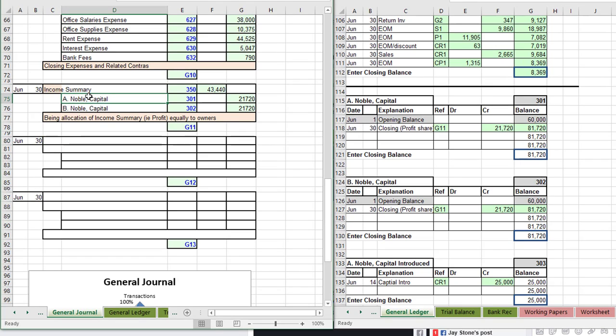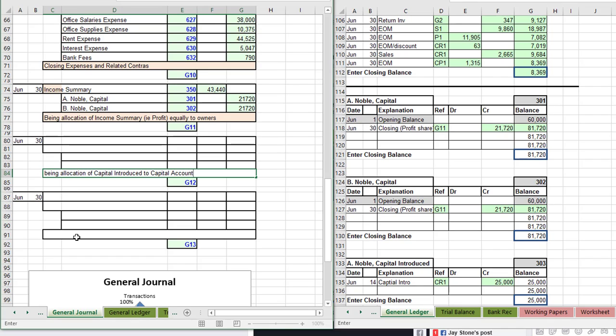So we can't copy and paste these, no. So I'll write the descriptions of what we're doing. June 30, being allocation of capital introduced to capital account,